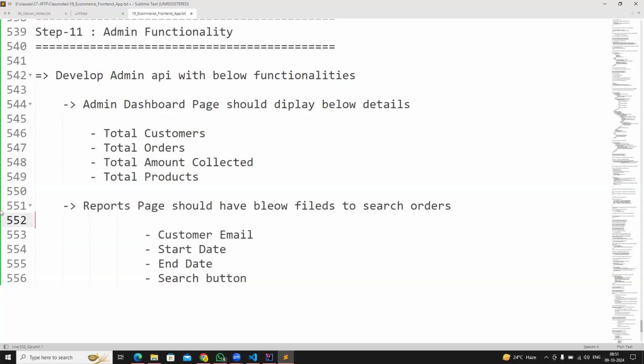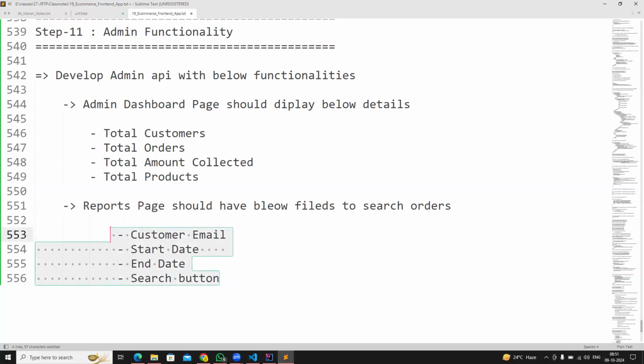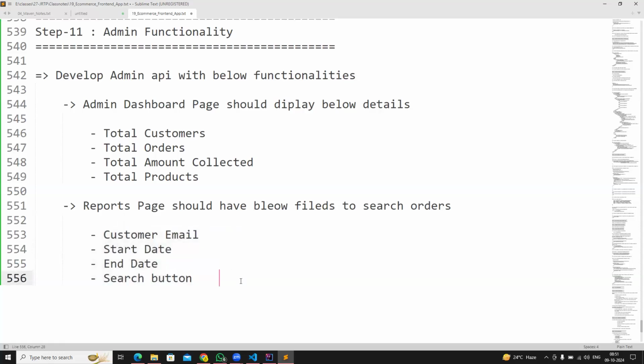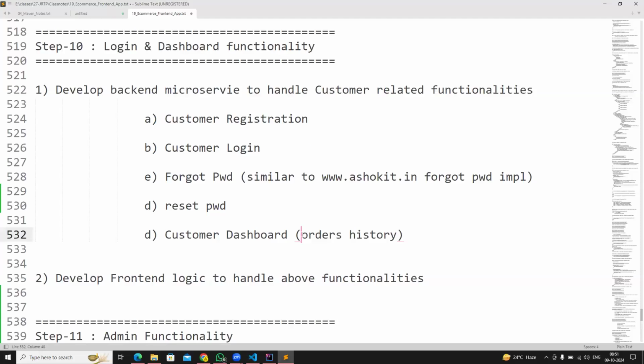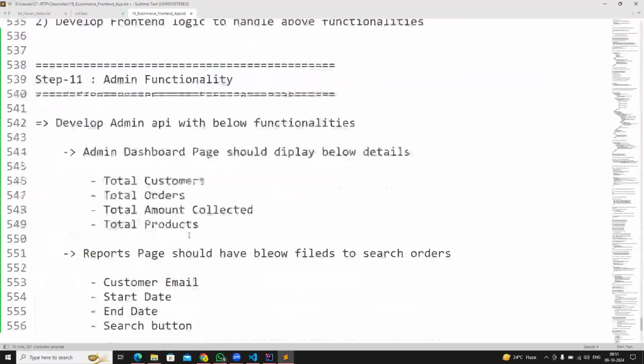Admin will have the option to generate the reports. So they can generate the report based on the email ID. They can see the data based on the email ID. They can see the data based on the given start date and end date. Admin should be able to filter the orders available in the system. When the customer logs in, customer dashboard, customer orders history, only the logged in customer's orders we are going to display. When the admin logs in,